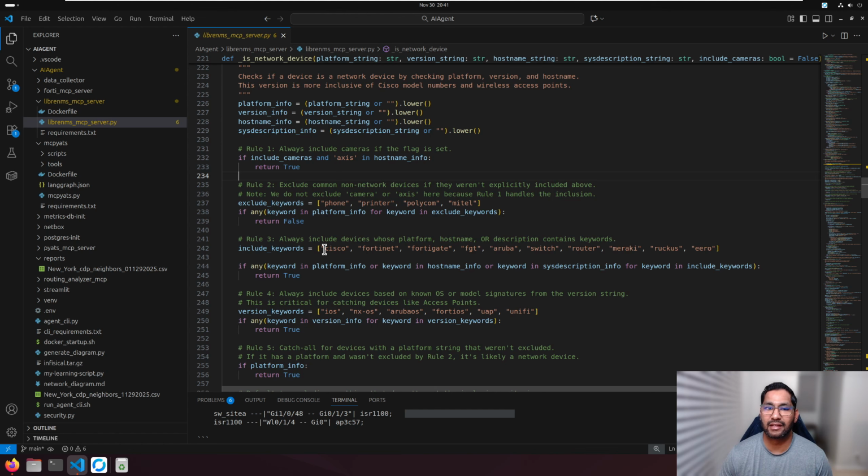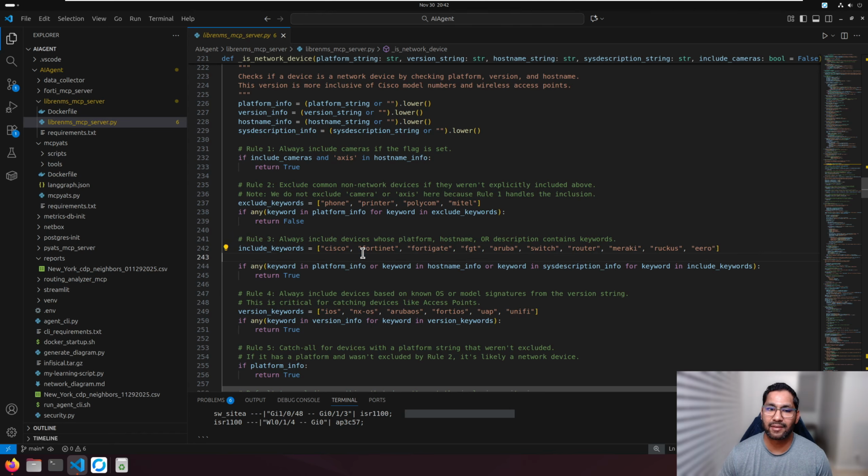And included keywords are network devices like Cisco, FortiGate, Fortinet, FGT, Aruba, or if it says switch. These are specific to LibreNMS that might show up that I would like to include